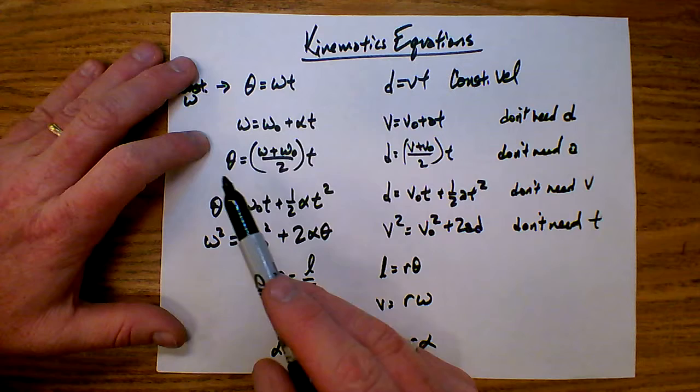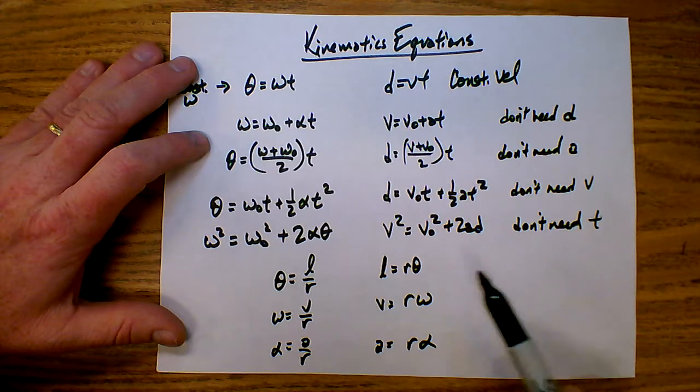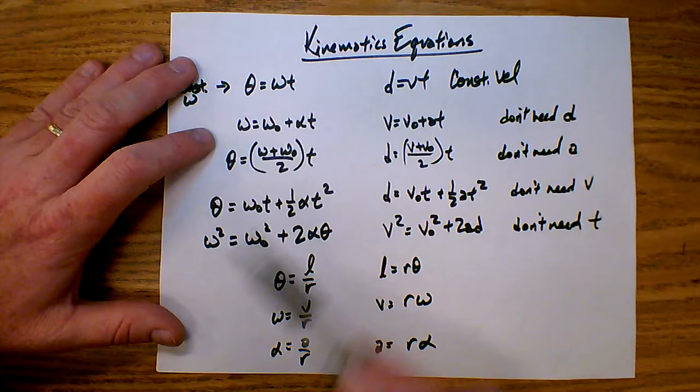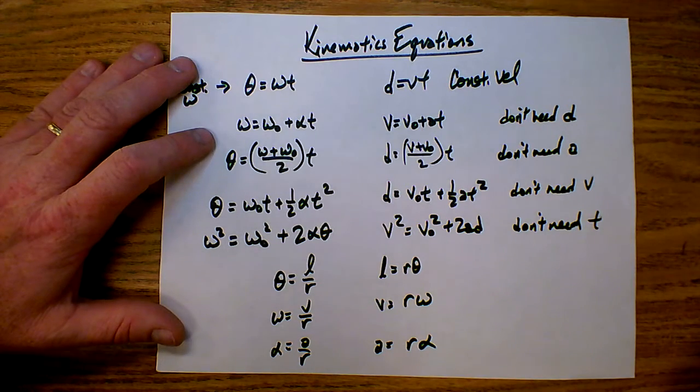So all of the equations of rotation, they're exactly the same as the equations for linear motion. It's just that you've got the Greek letters in place of the traditional English letters. So that's how you get those kinematics equations. Now, solving a problem with rotational kinematics,